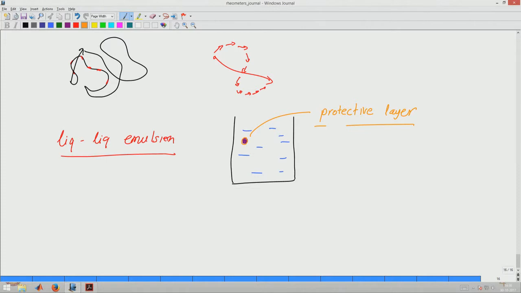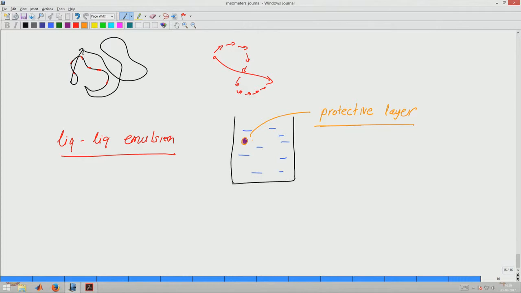And one question we may want to know is, under what shearing does this protective layer break down, right. So, what we can do then is to put this overall sample in the rheometer, start systematically shearing it, and at the same time try to observe microscopically. If we can see the overall capsules remaining, then we know that shear is not enough to break it, but we suspect that at some particular high shear rate,